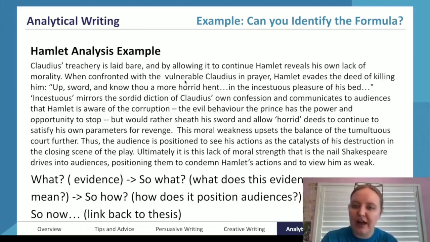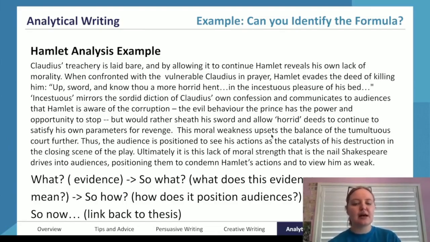Up sword, and know thou a more horrid hent, in the incestuous pleasure of his bed. Incestuous mirrors the sordid diction of Claudius's own confession and communicates to audiences that Hamlet is aware of the corruption, the evil behavior the prince has the power and opportunity to stop, but would rather sheath his sword and allow horrid deeds to continue to satisfy his own parameters for revenge.